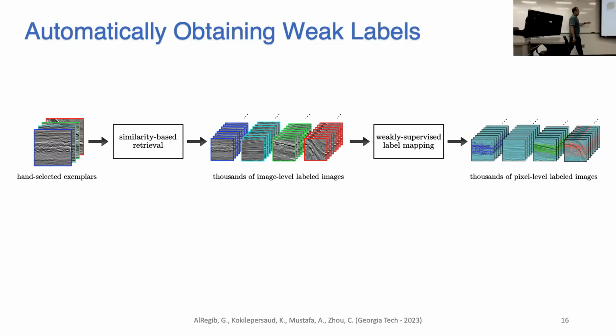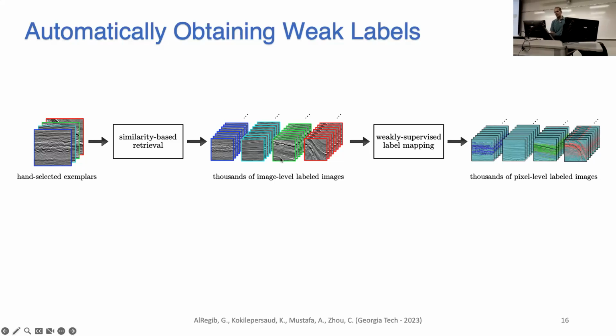From all the data, it's very easy to give you just one example from each, right? Just remember this for later on: the more examples you have from the geophysicist, the better your method will look, accuracy-wise. So what you could do with that, you start to come up with a similarity metric, right? You want to have a retrieval problem. So you have a retrieval step where you access the entire data set or database that you have. And then you start to have similarity, meaning that the first exemplar in here, for example, this is